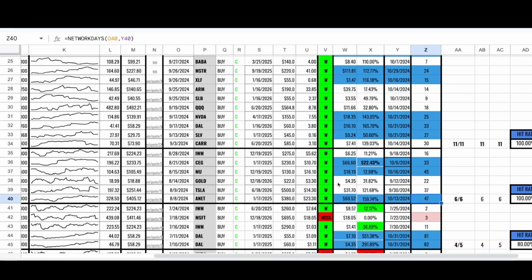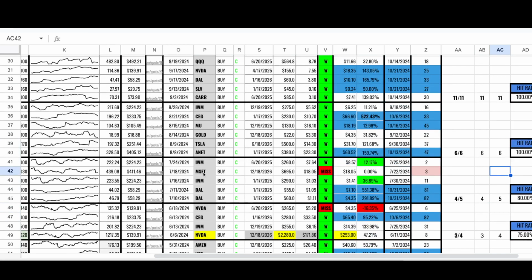159% return over 47 days. So now our 6 of 6 for the month of August, 100% hit rate, 143% return. You can notice just the last 3 months before October, we've had some pretty high average returns. The only miss we've had over the last 3 months, if you're not looking at October,